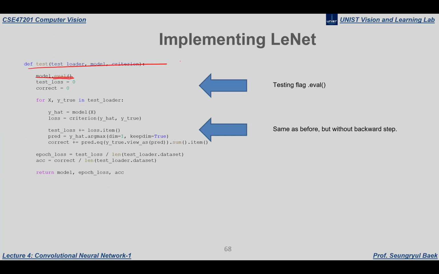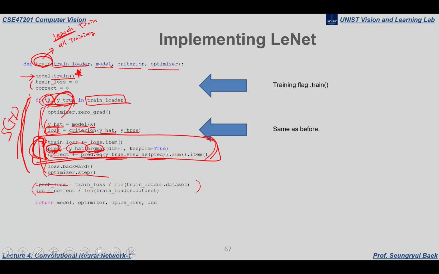And for the testing code, this is testing for one epoch, okay? One entire pass over the testing data. You want to do testing, and your model has to be in evaluation mode, and this has to be initialized, okay? The important difference between this testing and training is that in the previous training code there is